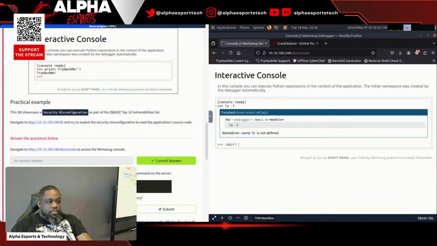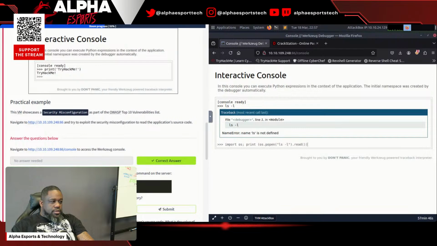We're going to say import os, and then we're going to say print os.popen, and then we're going to type the command in parentheses and quotations. We're going to close that, and then we're going to say .read,